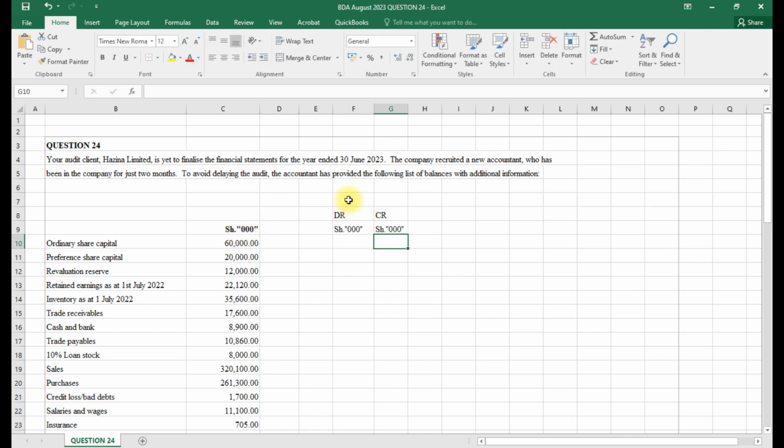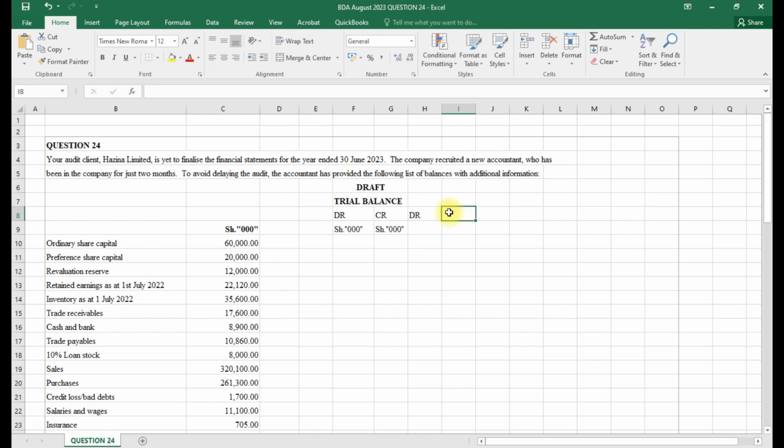This first part is for the draft trial balance. I'll merge and bold that. We shall have the second,